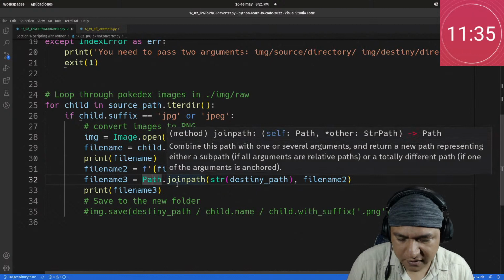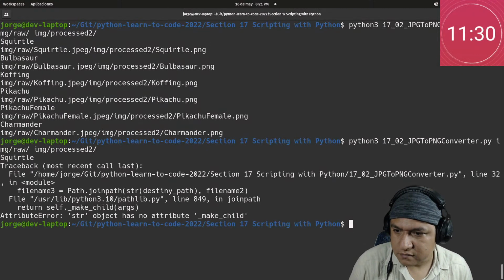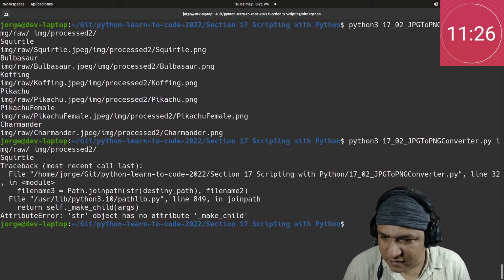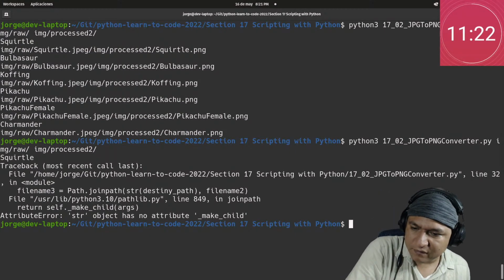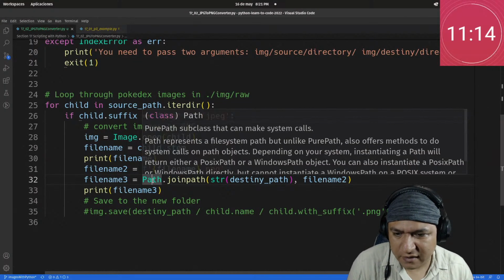I'm just going to be joining these two. Screw you. Let me see. Join pair, return self, make child args. Okay, so I guess what I can do